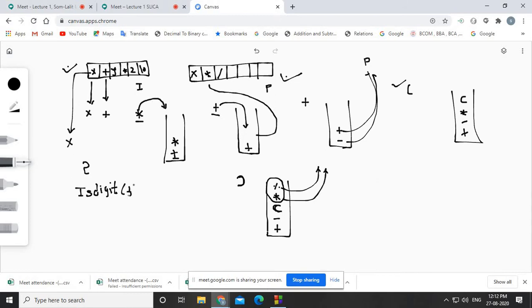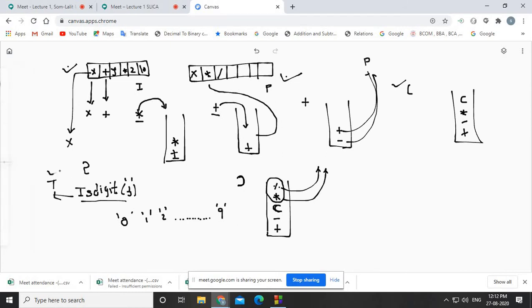Suppose you pass 3 here, isdigit will return true. Why true? Because this is a digit. Who can be a digit? Obviously the character 0 will be a digit, 1, 2, and so on. These are characters, because I'm writing them in single quotation marks, but they belong to the 0 to 9 set. So the isdigit function of the ctype library returns true for them.